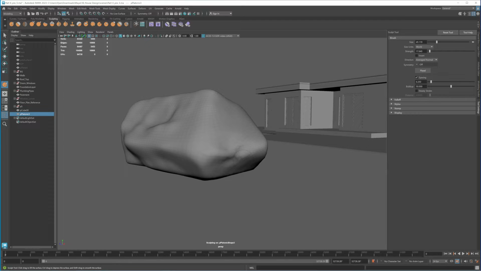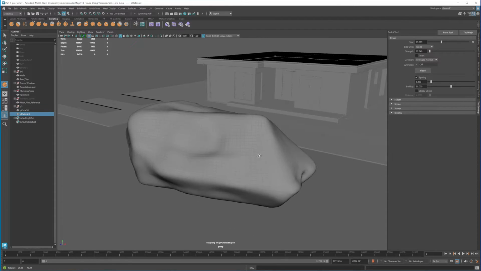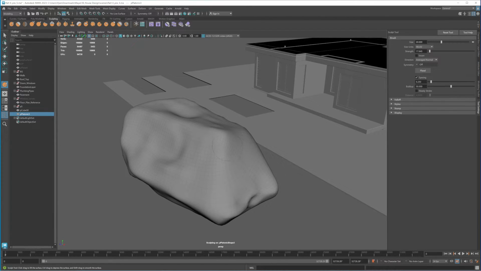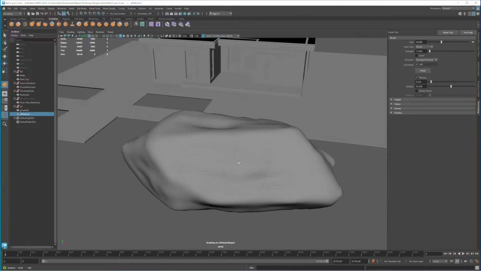Just maybe make the brush a little bit bigger. Ctrl to push back a little bit. Yeah, something like that. You can match your reference, or just do it any way you want.